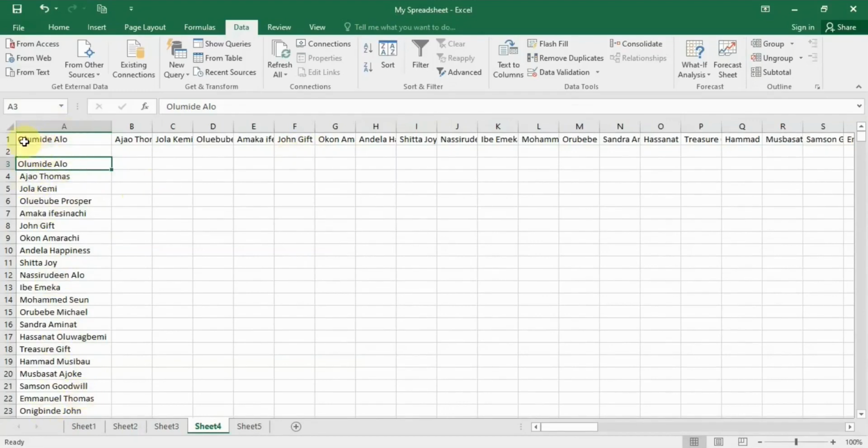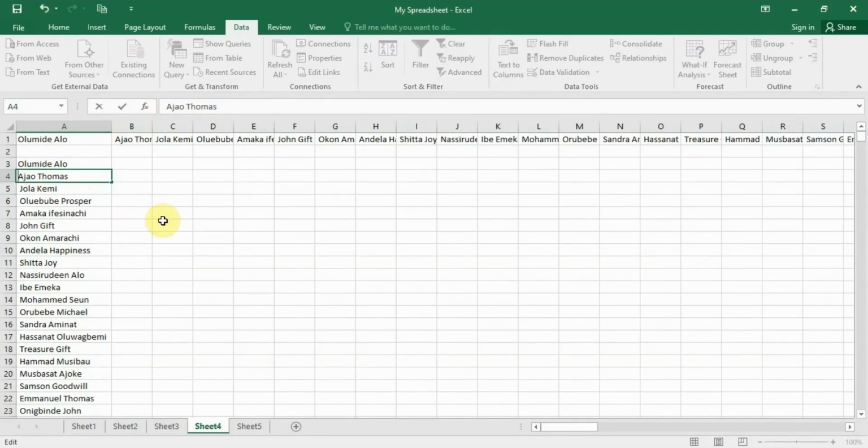This one they arranged horizontally, while this one they arranged vertically. But there is something that I didn't notice. If you look very well, you will see there is a space before this A. See, see this space. So if we want to make our work neater and more effective, we have to